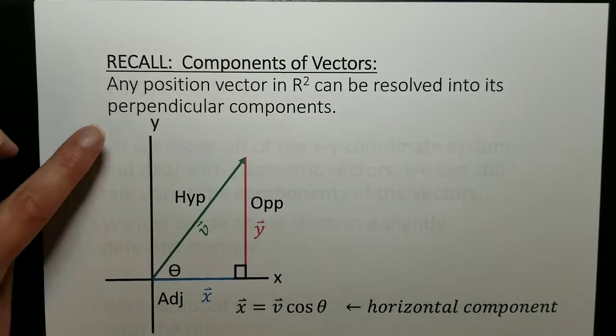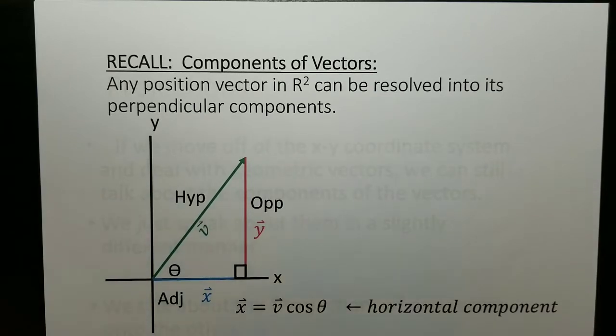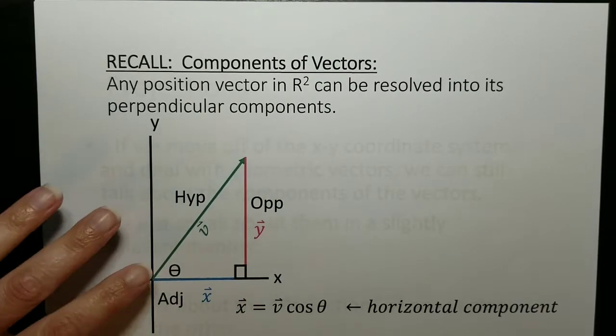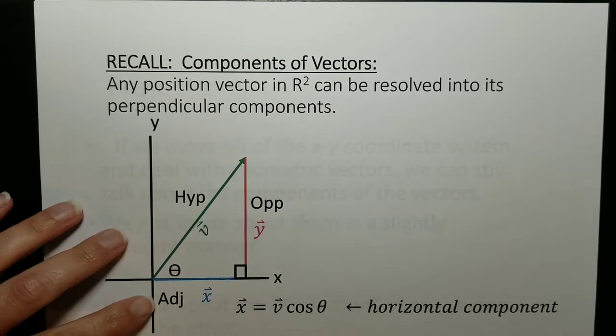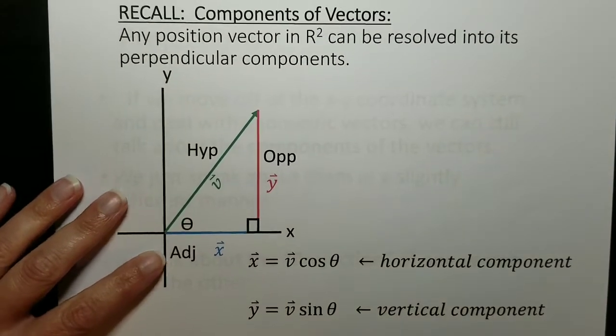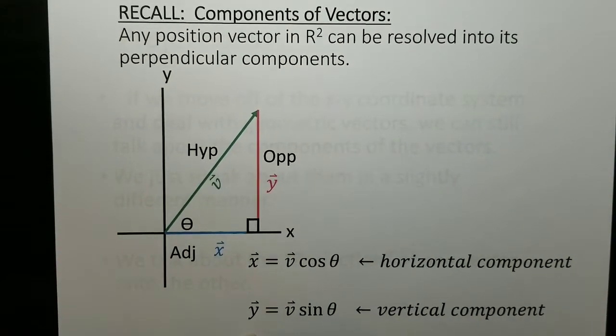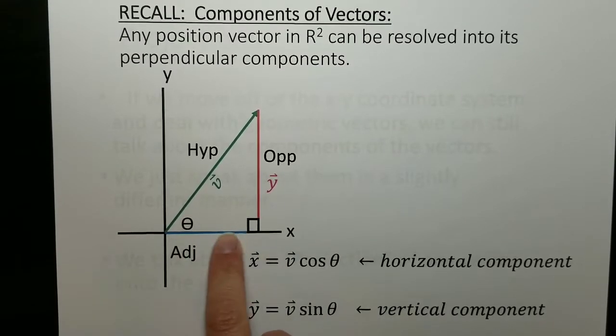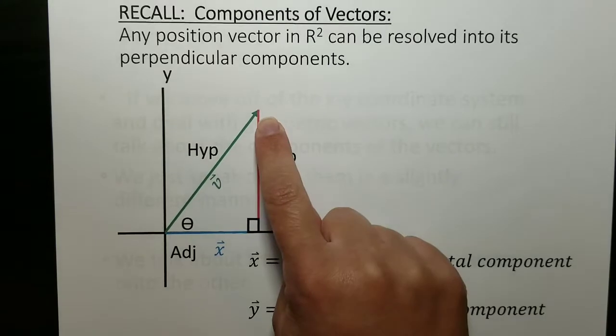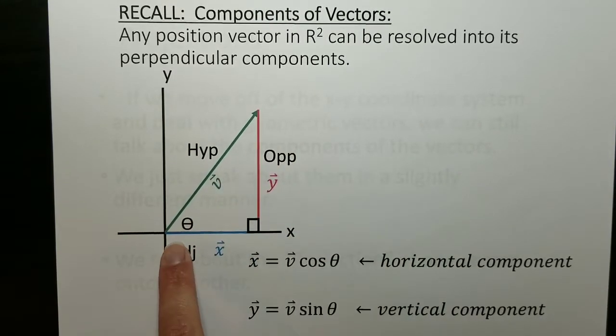So remember that any vector in R2 can be resolved into perpendicular components, and that's actually true of R3 as well. You could resolve it into an X and Y and Z components, the 3 different components, the i hat, j hat, and k hat, as a linear combination of those 3 vectors. But in R2, it's much easier to visualize, and we can get a better diagram here that's easier to draw out and understand where pieces are coming from. And we know that we could add an X vector and a Y vector to get our original vector, in that the X vector would be the,